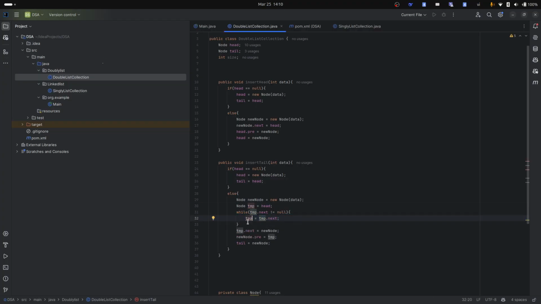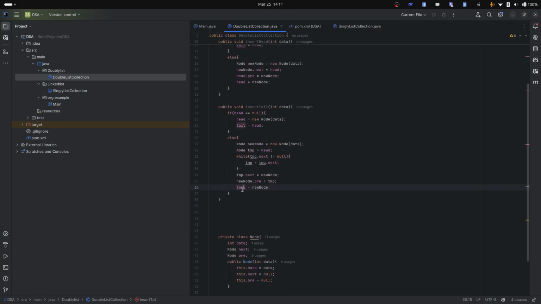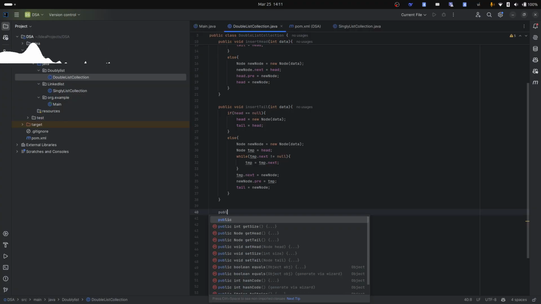Right, it's going to stop at the end, and the dummy node is going to point next to the new node, and the previous is going to point back to the dummy node, right? The dummy node is like the end node right now, and we set the tail to the new node. This is all the thing, and if we want to insert at the specific index,